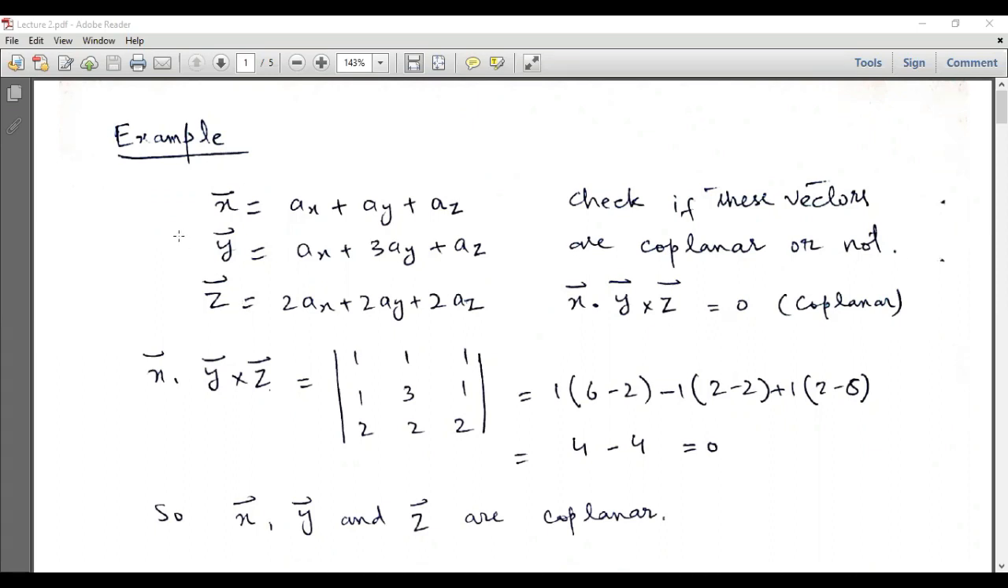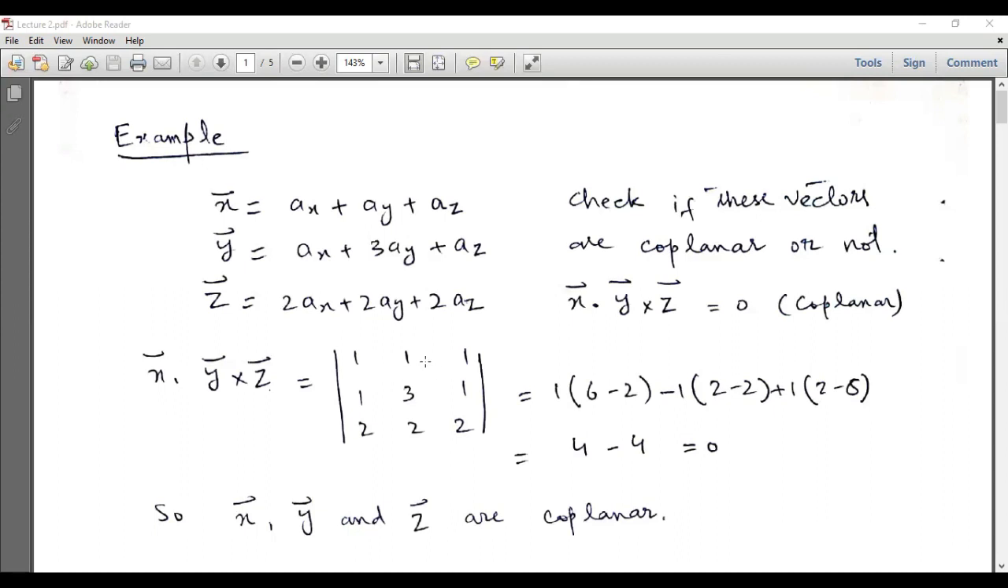So in the first example, I will show you how to check whether three vectors are coplanar or not. This is the first vector, this is the second vector, this is the third vector. To check the coplanar nature of the three vectors, we have to calculate the scalar triple product of the three vectors. If the scalar triple product is equal to 0, it means the three vectors are coplanar, otherwise they are non-coplanar. The scalar triple product is calculated by this expression, and we will take the determinant of